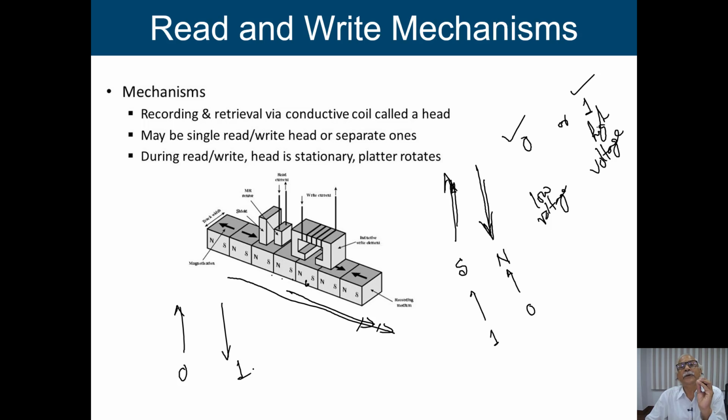So this is the way we are going to store information in our hard disk, which is basically magnetic in nature. So this is the mechanism we are going to use. You just see, we are just transforming it from one form to the other form. Electrical signal is transformed to magnetic properties to store the information. Now while reading, that polarity of the magnetism will be captured, then depending on that, it is going to convert it to a current, and depending on the direction of the current, we are going to interpret it as either 0 or 1. So this is the way we are going to store information in our magnetic disks or hard disks.